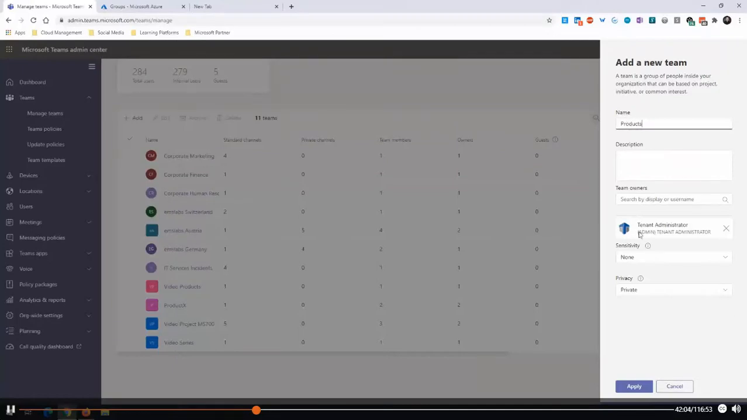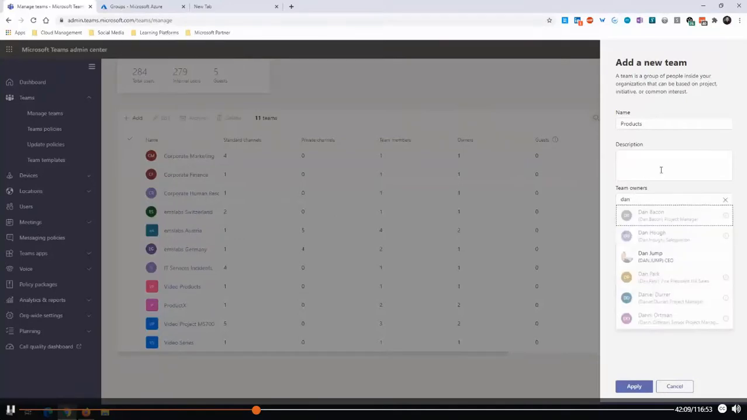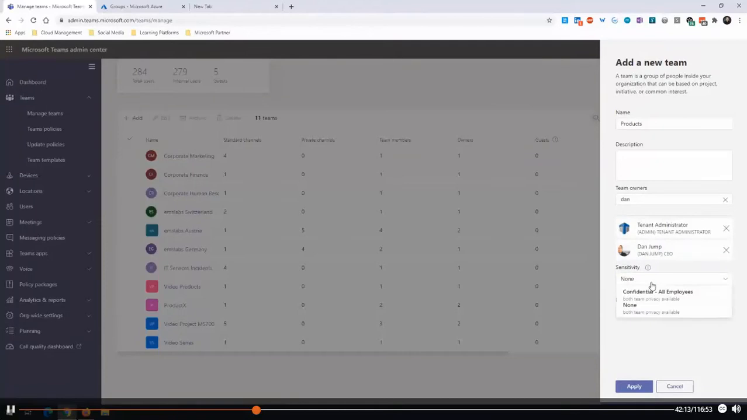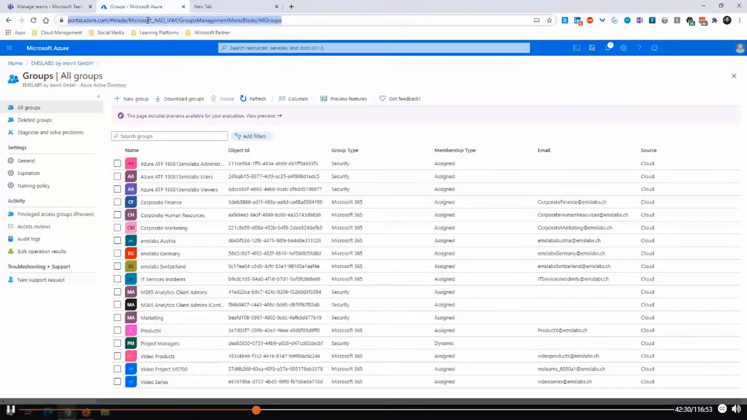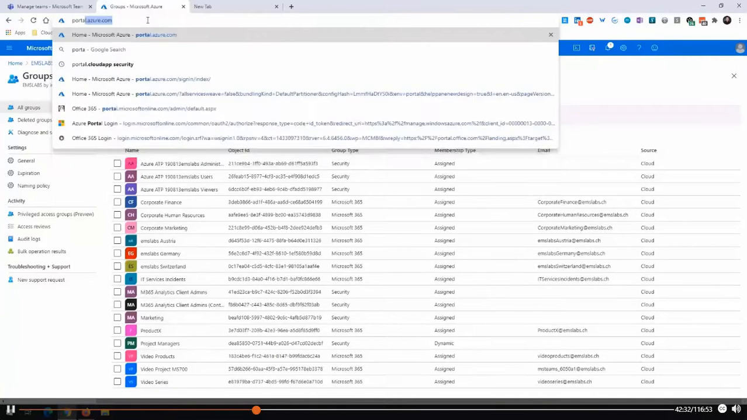Products, let's say products. Then we can say, for example, the team owner is my CEO, what I have here, then Jump. We see here also that we have the capability of sensitivity labels, what I already discussed. So we can use that here directly to say, okay, we have a confidential label inside of this scenario. Where we can find this specifically, we can go through the portal